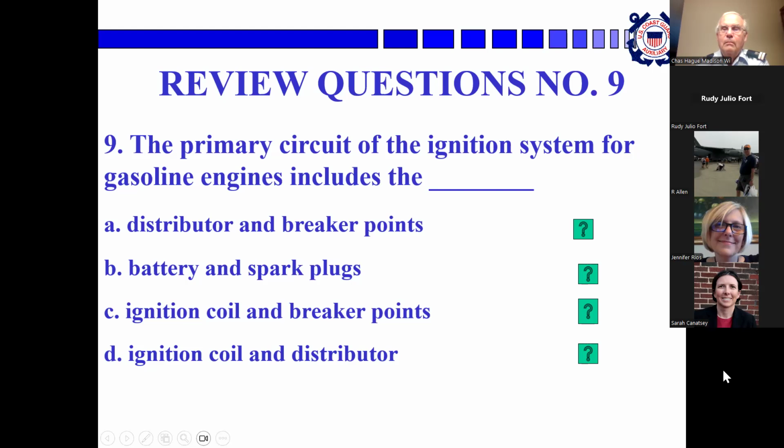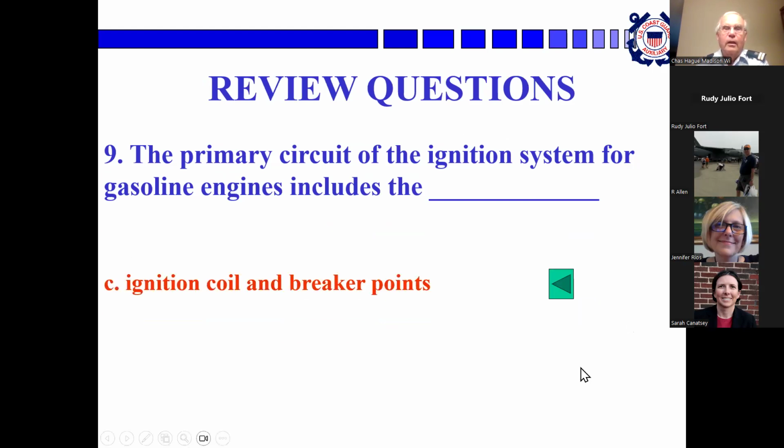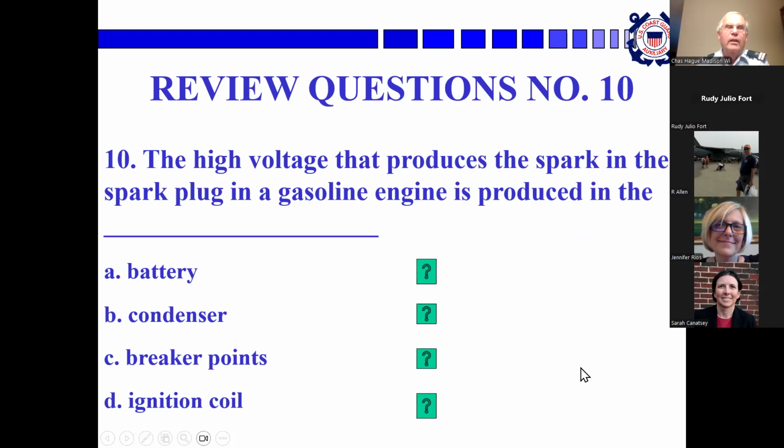And the primary ignition circuit. Ignition coil. Make your best guess, Rudy. Ignition switch, ignition coil. So let's see. Oh, C. That's it. Yeah, C. And 10 is high voltage in the spark, and the spark plug is produced in the...